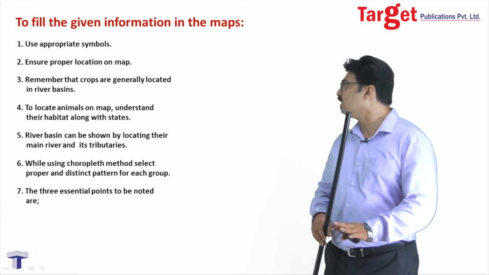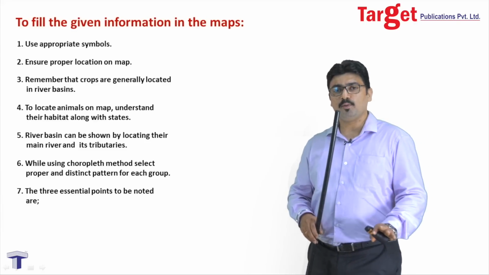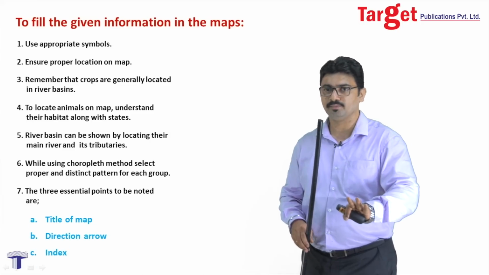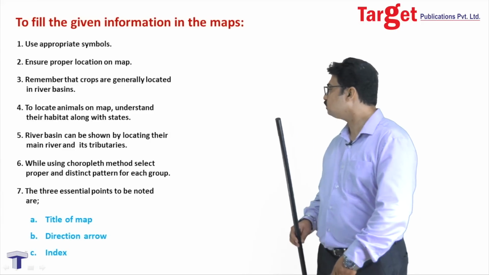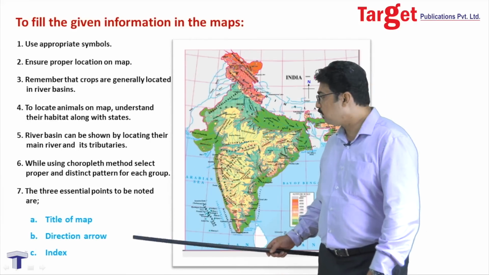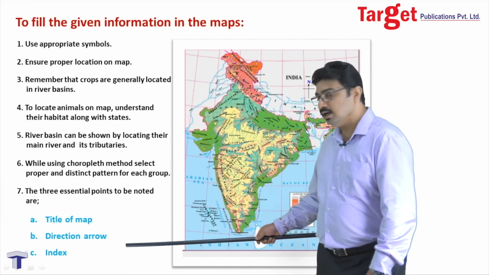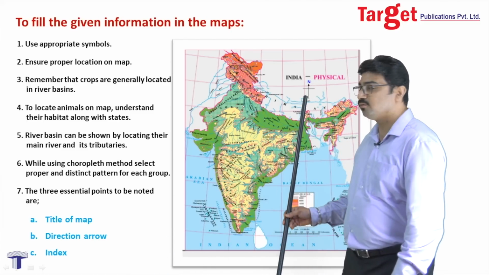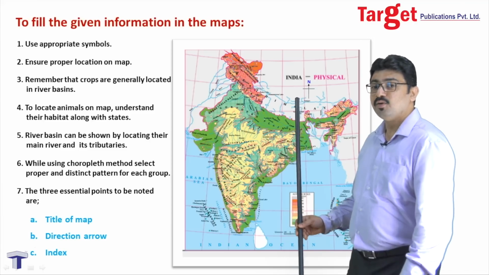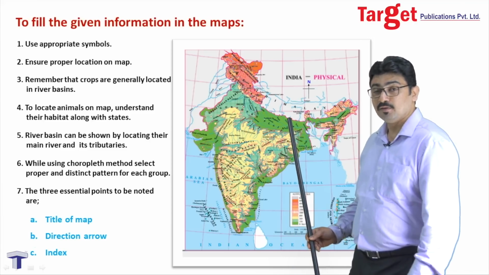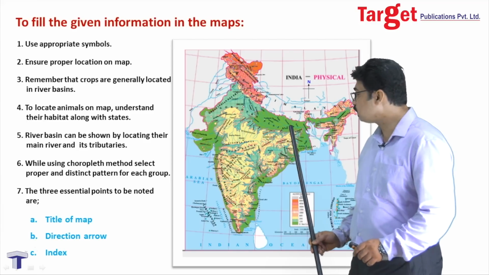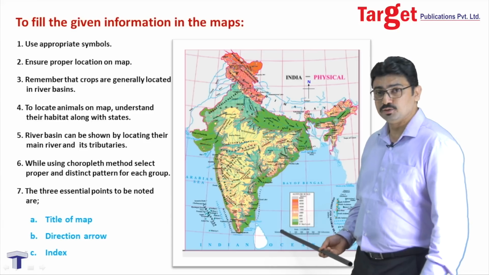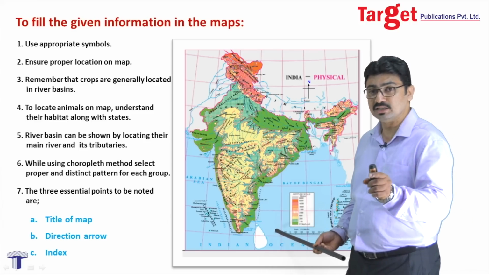All right. So with this, we understand what are the different important points to be noted, but there are three most important things which should be there in all the maps that you draw. What are these? They are the title of the map, the direction arrow, and the index. And as we can see in the example map given over here, we have the title of the map, India Physical. We have a north facing direction arrow which shows us the direction. And last but not the least, we also have an index of the various features, index of the symbols used. You need to write what symbol is for which meaning.